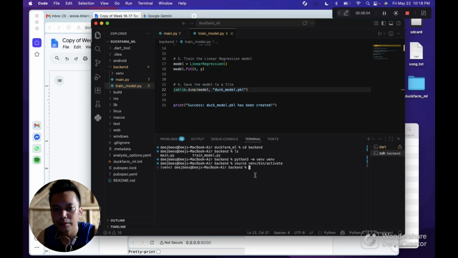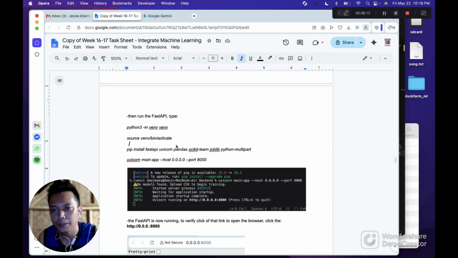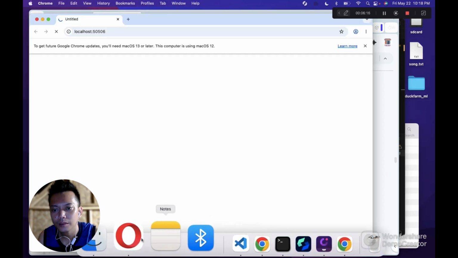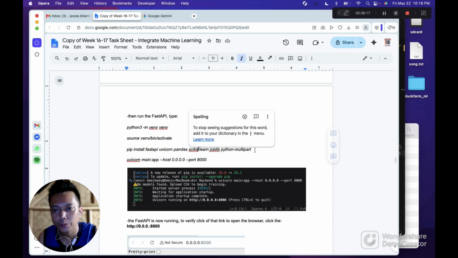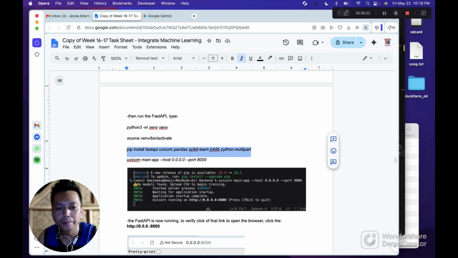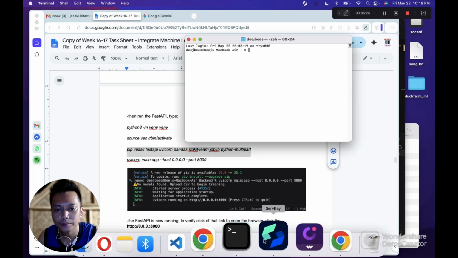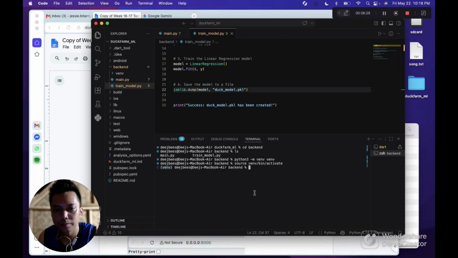Then once activated, you can see this one here on the left side, venv. Then we need to install FastAPI and pandas here. We use pandas, that is the library for Python for machine learning. So let's now install pandas.